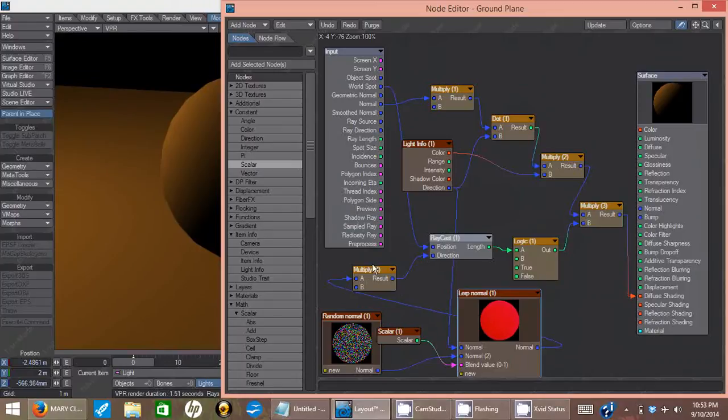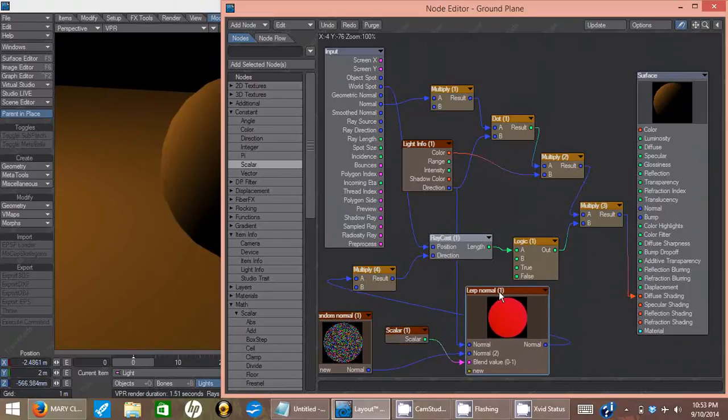We changed that to an actual random vector, which we interpolated or blended with